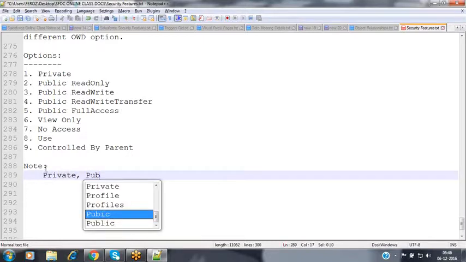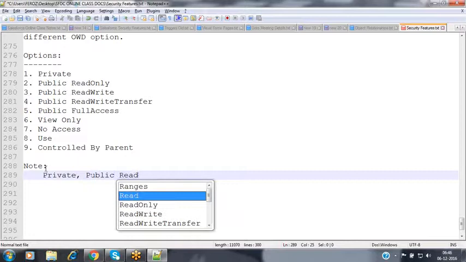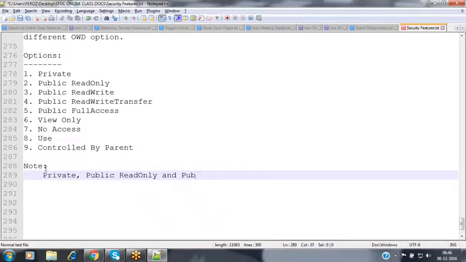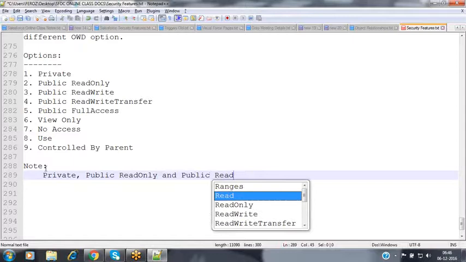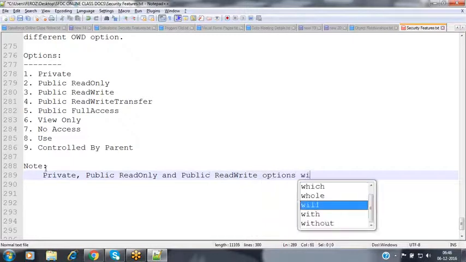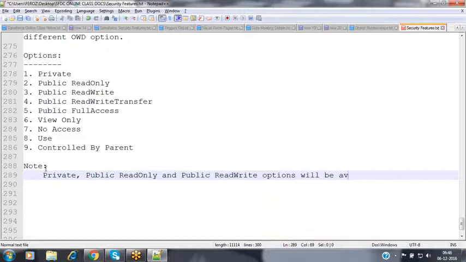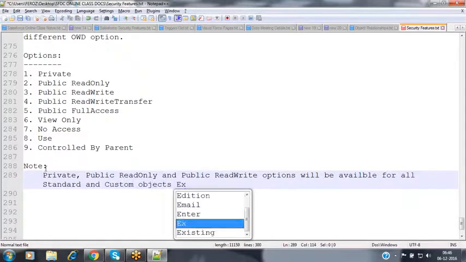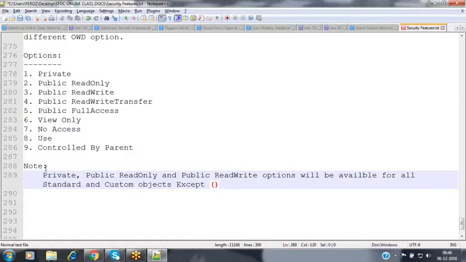The private, public read only, and public read write options will be available for all standard and custom objects except the price book object.